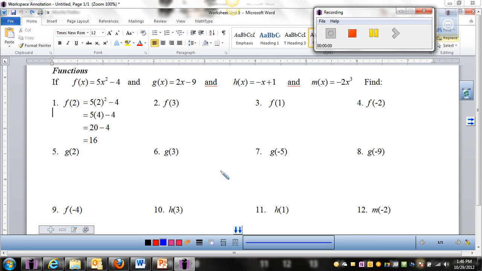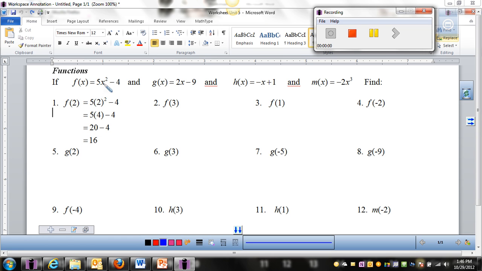So function notation, it's not very difficult. All it is basically telling you is that the letter in front tells you which equation to plug it into. So F matches up with this F equation, G matches up with the G equation, H with the H equation, and so on. So you can see in example 1 here, F of 2, all we did is we plugged